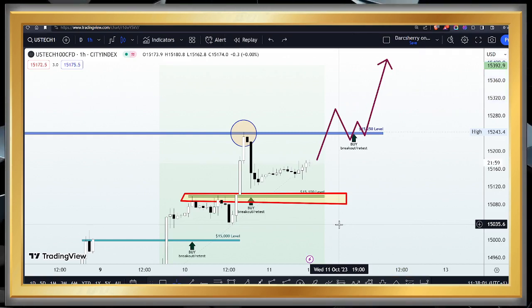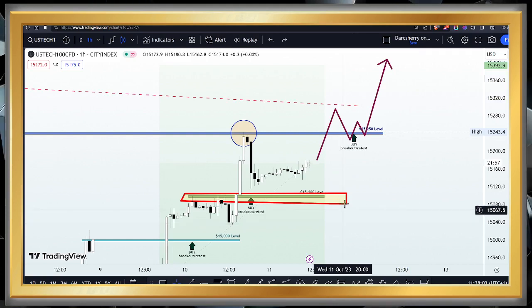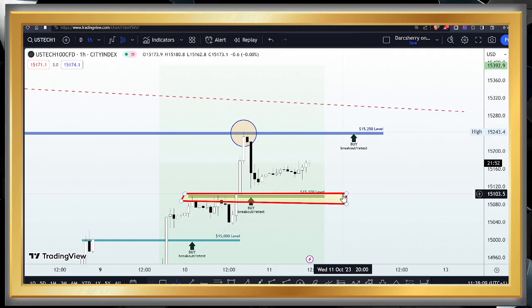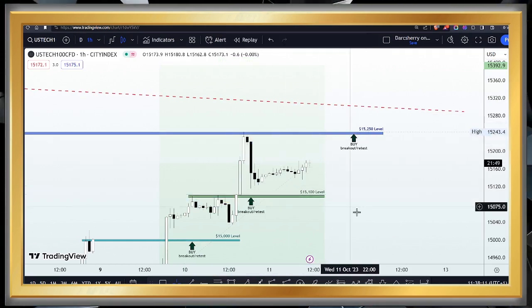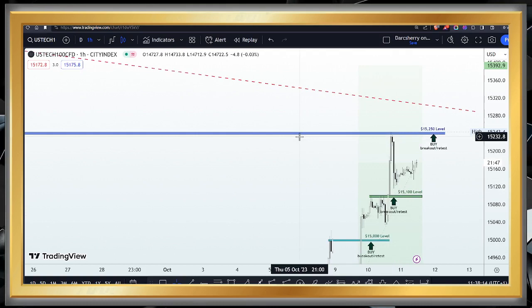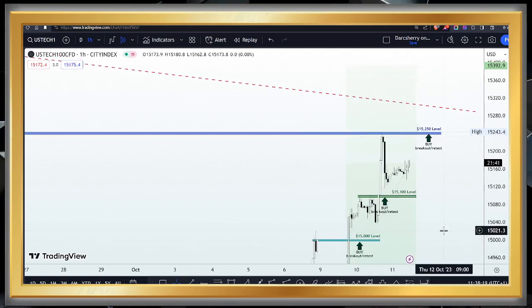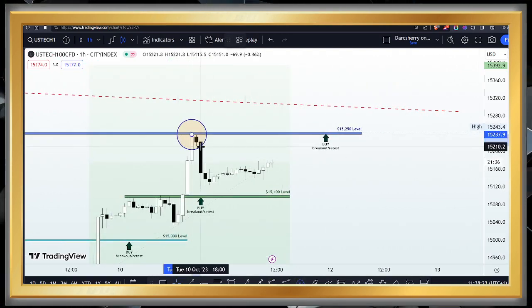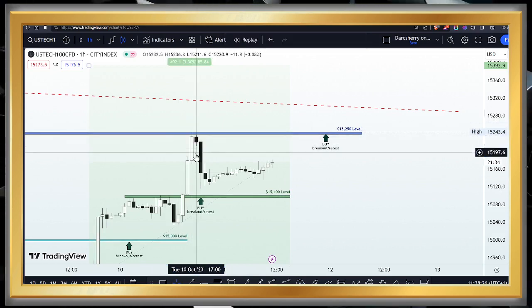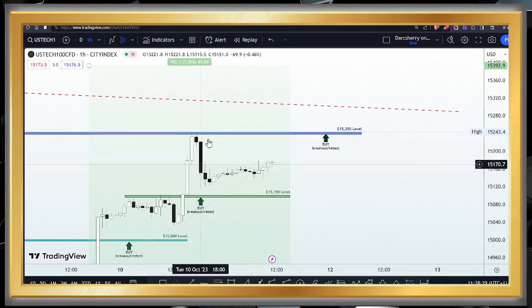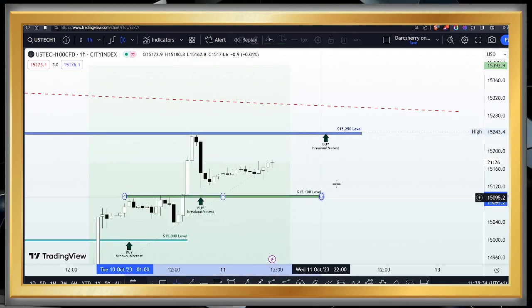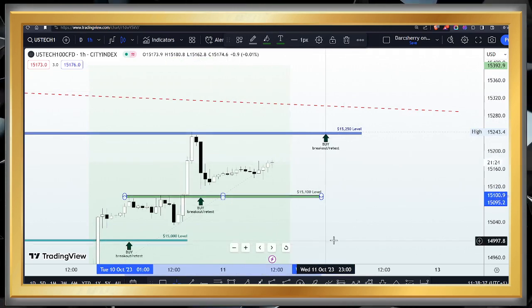Now, in as much as we're looking out for buying opportunities here, we cannot ignore the potential of sellers too. Remember that price action is gradually approaching that resistance line, that descending trend line, which has been supporting some bearish momentum in the last couple of months. And another thing here is this rejection of the 15,250 by the sellers. Now, if price finds it difficult to break out of this 15,250 and selling pressure continues, then we might likely be seeing price drop to the downside.